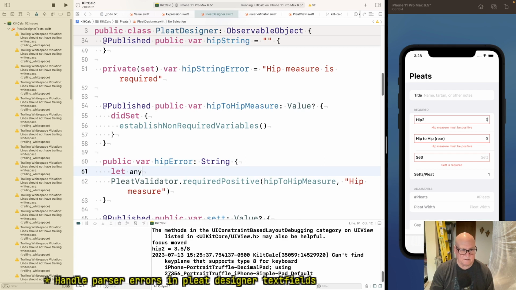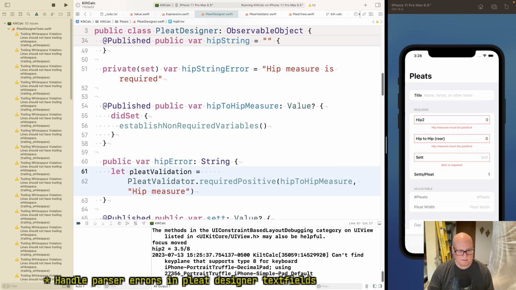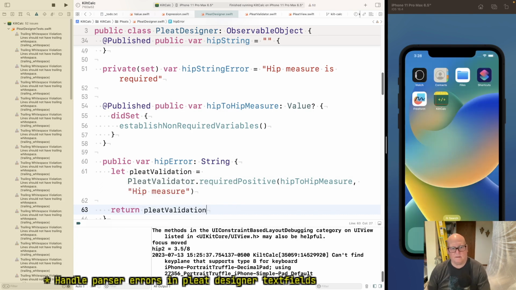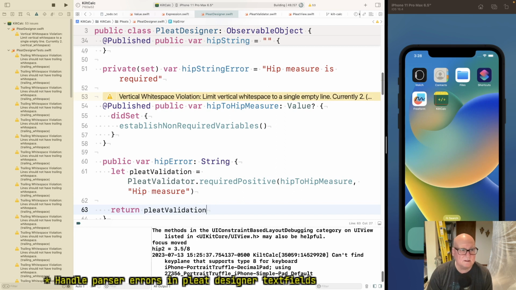Let complete validation equal this. Okay. And now we could just return complete validation. Okay. I'll just run tests because we haven't run those in about 17 hours.